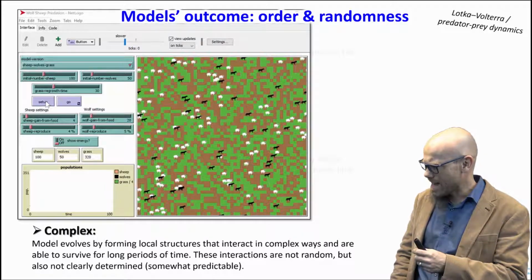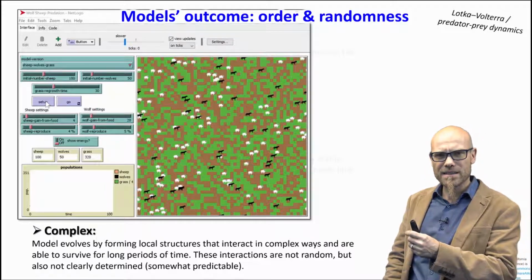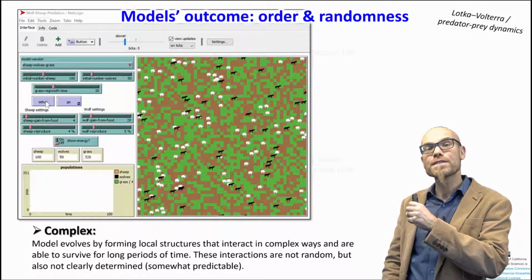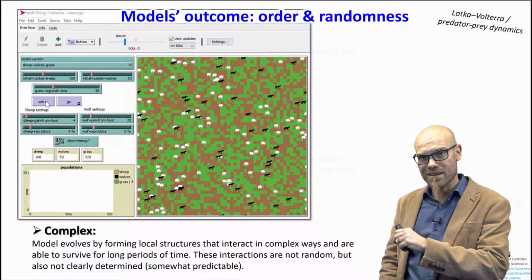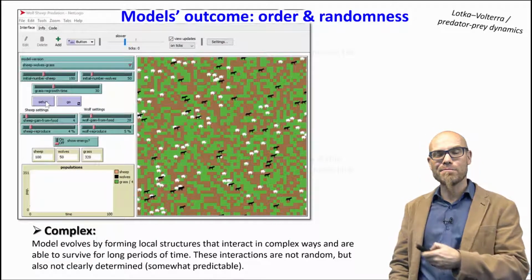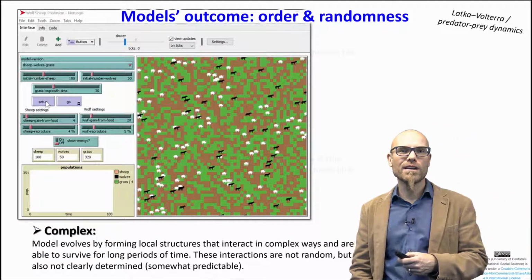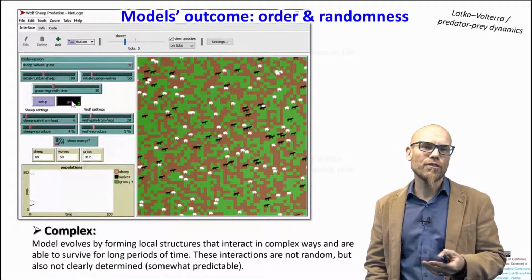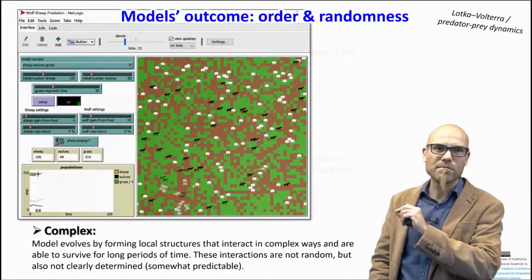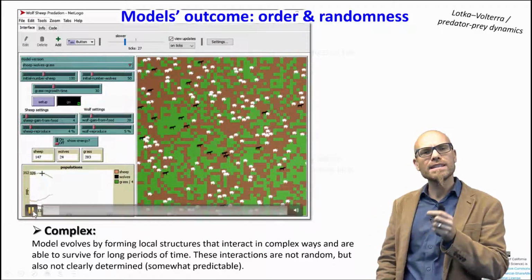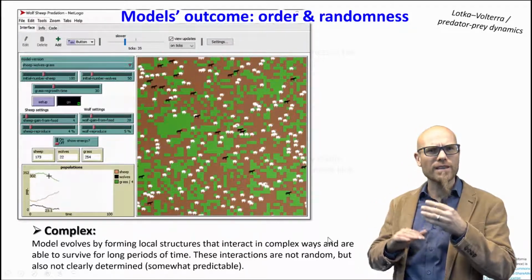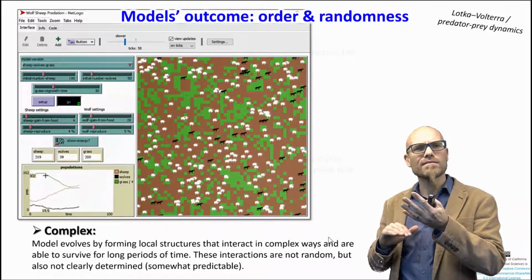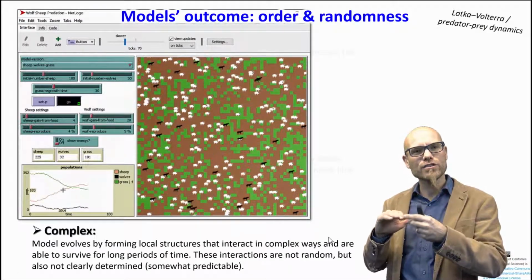We have our grass, and our sheep eat the grass while the grass grows back, and our wolves prey on the sheep. So we have a three-variable problem, interdependent among them, and we start our simulation. We can see here at the bottom, we have a lot of grass, the green line, that's the amount of grass. The sheep increase, and the sheep and the grass balance, we saw that. The grass goes down, the sheep go up. If there's not enough grass, the sheep go down. So these two fluctuate.